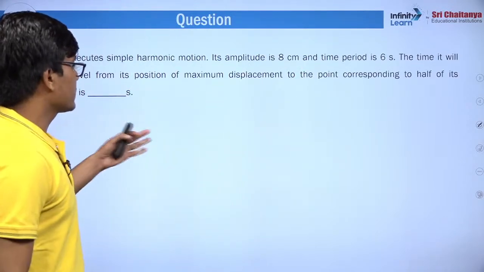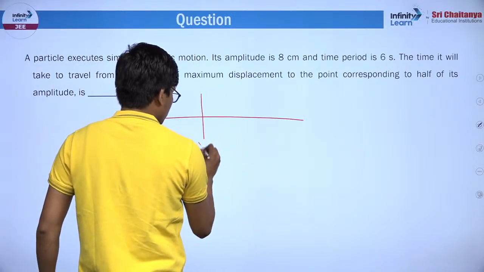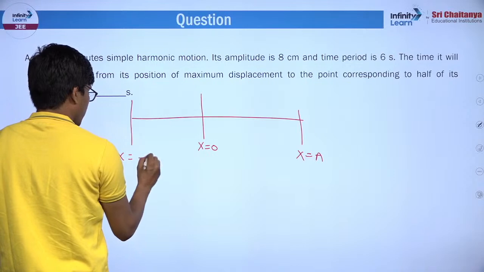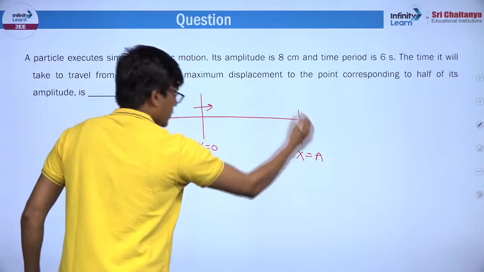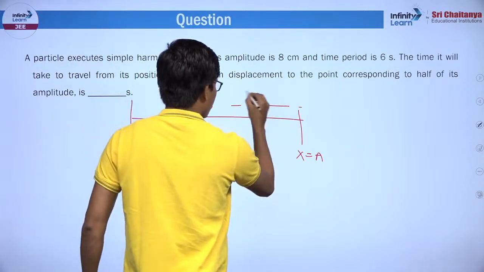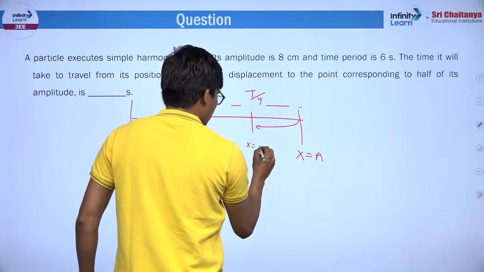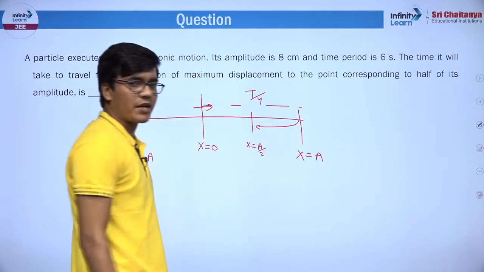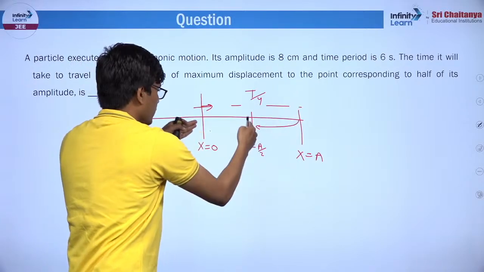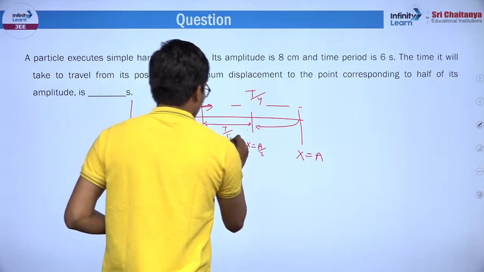Moving ahead, there is an SHM question, and question क्या है, let me just explain you. You have to find, like this is mean position, this is positive extreme, this is negative extreme, and if any particle, इसको अपन एक रिवोल्यूशन कहते हैं, it means it is taking capital T time. तो यहाँ से यहाँ तक का टाइम इज T/4. अब उन्होंने पूछा है यहाँ से लेके x = a/2 तक आने का कितना टाइम लगेगा, दिस टाइम। तो आपको ये टाइम पता चल जाए तो आपका काम हो जाएगा, बिकॉज टोटल टाइम T/4 है और इसमें से इतना टाइम घटा दो तो काम हो जाएगा। एंड दिस टाइम a/2 हो तो T/12 होता है।